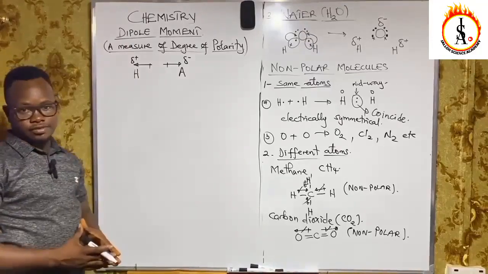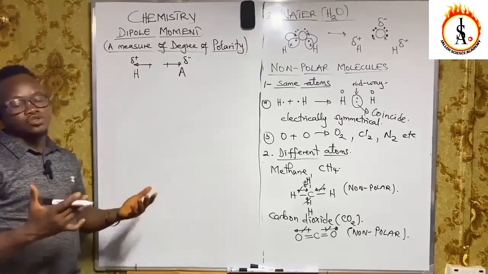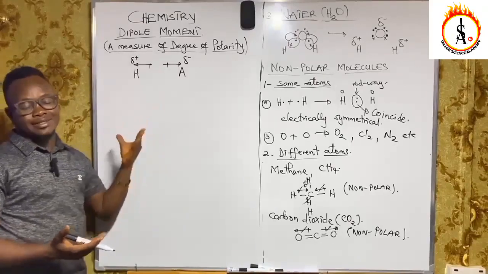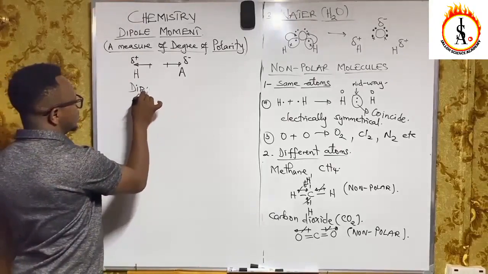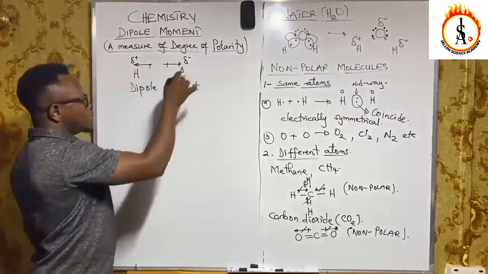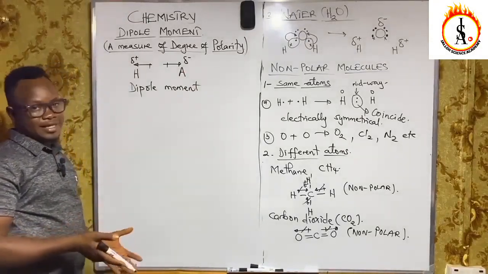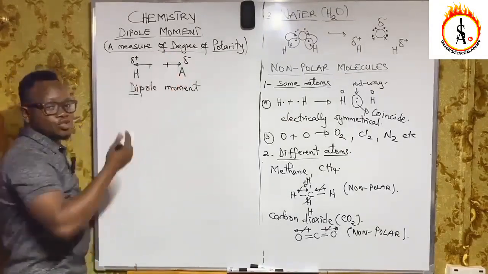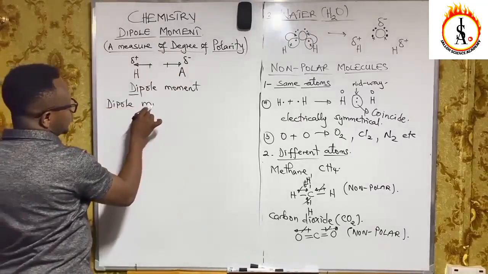In these molecules, the center of negative charge and the center of positive charge do not coincide. So the extent of polarity in such covalent molecules is what we refer to as a dipole moment, because their negative charge and their positive charge do not coincide. So we call it dipole moment. The word di means two, so there are two poles. So dipole moment